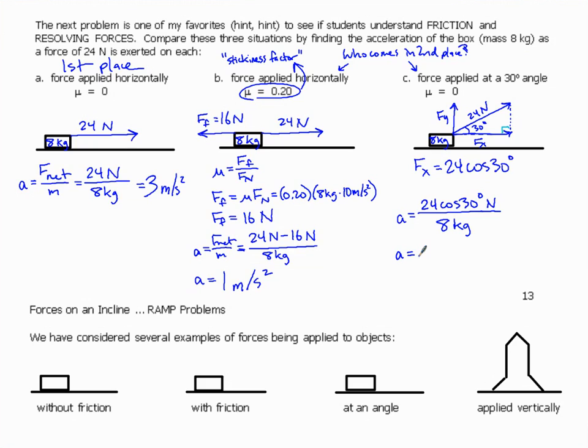And the acceleration in this one is 2.60 meters per second squared. Who gets second place? The angle with no friction gets second, and the horizontal with a 0.2 friction